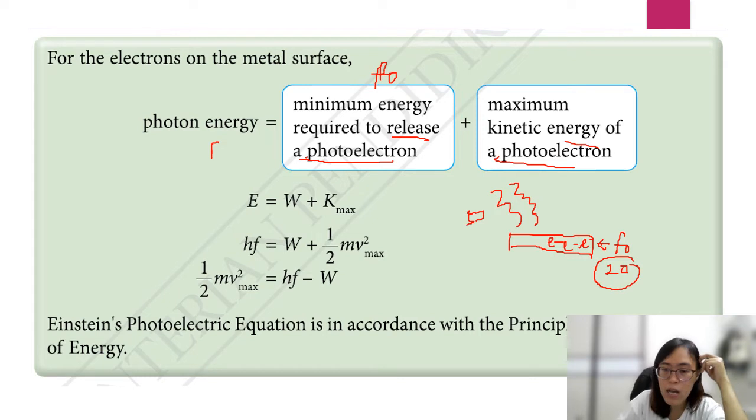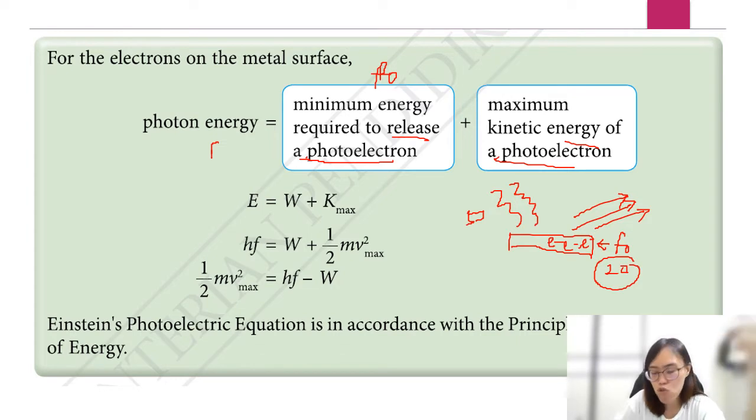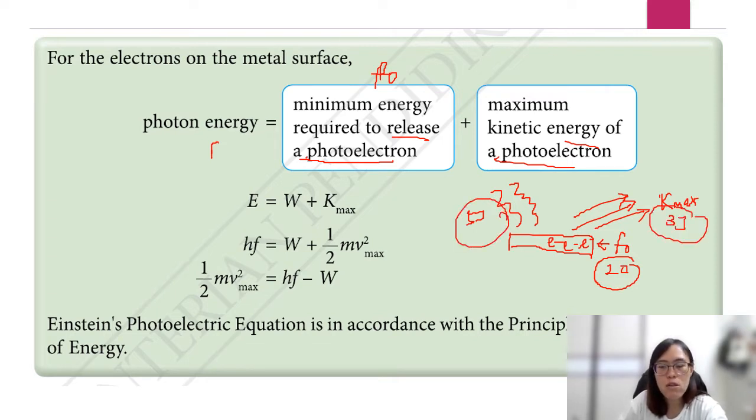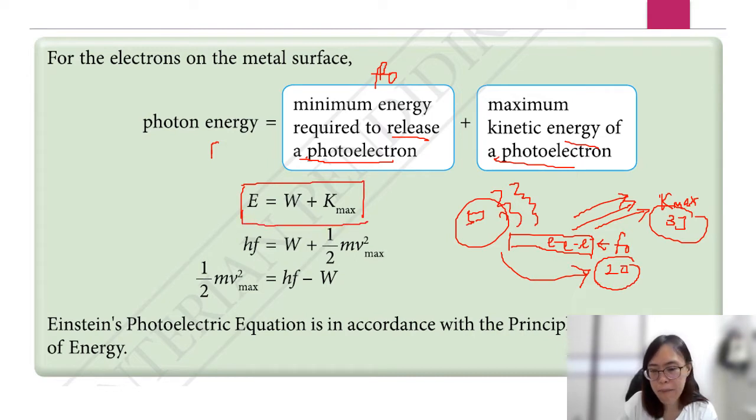Then, having received the 2 joules based on the threshold frequency, the electron is able to escape from the metal surface through the process we call the photoelectric effect. When it escapes as a photoelectron, it moves with the maximum kinetic energy, which is 3 joules. That's why the 5 joules is converted into the minimum energy required to release the photoelectron and the maximum kinetic energy of the photoelectron. So you see this equation: E equals W plus K max, where W is what we call the work